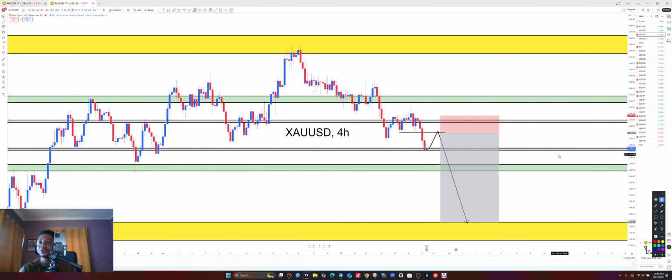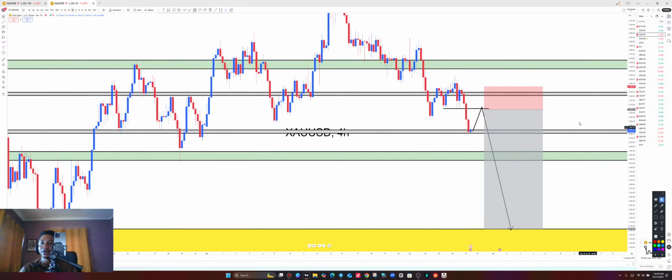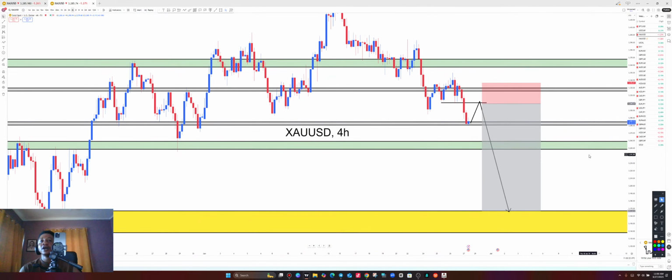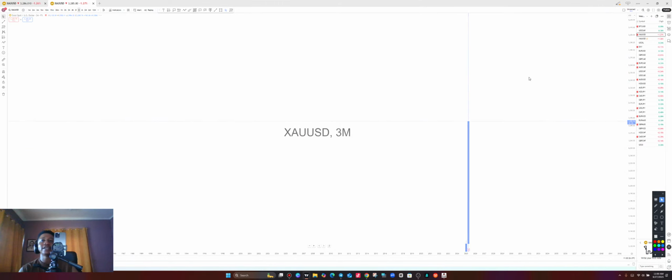All right, so gold, I'm looking for a selling opportunity. Yesterday we talked about gold. We said it was going to sell. It did sell where we anticipated. We were anticipating a sell around here on gold yesterday. It did happen. Price has gone all the way to the downside. But we are looking for more opportunity to sell. Once we get a direction, we look for more opportunity to sell to increase our risk reward. You understand? All right, so XAUUSD, let's go all the way to the weekly time frame.